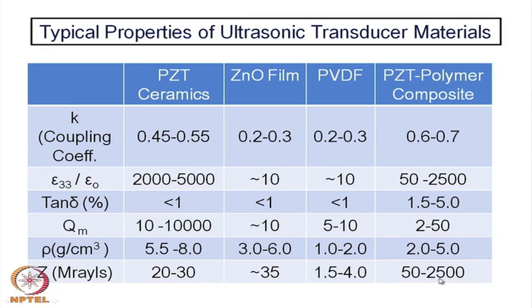There is a little mistake here. This value must be low. I have to check this value. I think it is not right, because the dielectric constant of PVDF is much smaller, and for that matter for any polymer the dielectric constant is relatively low, whereas PZT, being a ceramic material, has a much higher dielectric constant. So, one needs a lower dielectric constant material, at the same time a better coupling coefficient as well as